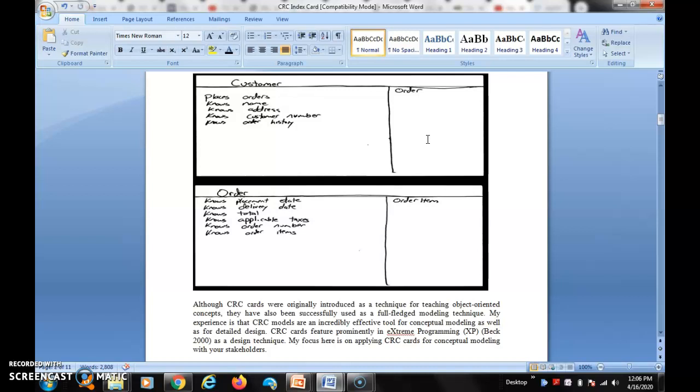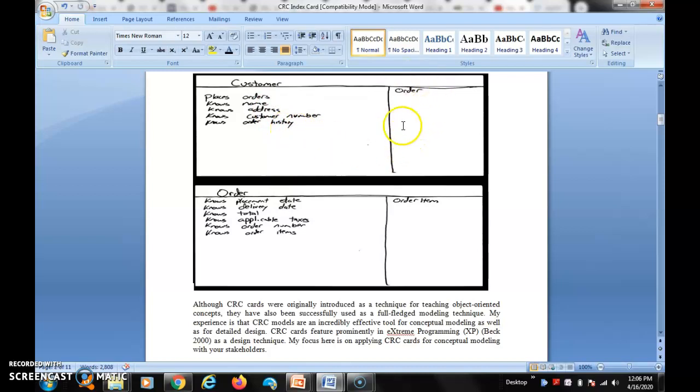In parallel, I will give one example for a CRC card. Here you are going to buy a material online. So here are the customer and the order. Who is going to order? The name of the customer, address of the customer, customer number, and history of the customer.